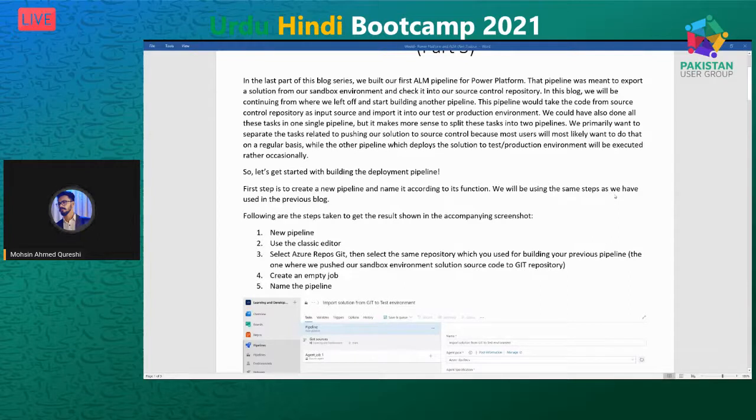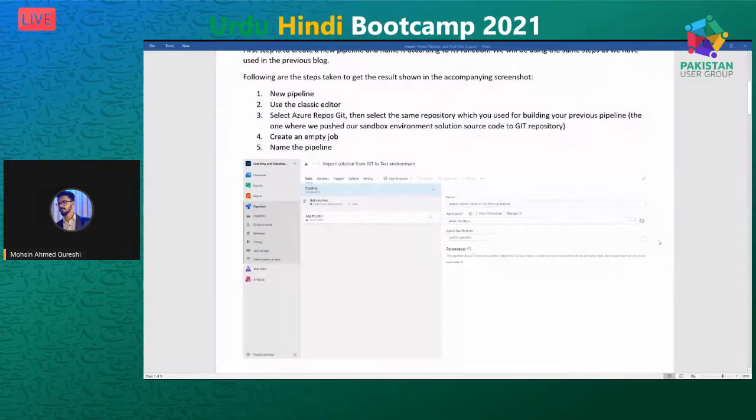So now we need to build another pipeline. The process remains the same as we did in the previous pipeline. This time the process will be a lot faster since we already know quite a lot of things from our first iteration of this process. Now you'll click on the pipelines button, you'll click on a new pipeline, and then you'll do the same steps over again. You'll use the classic editor once again, you'll use the Azure Git repos once again, and then you will create an empty job, and then you name the pipeline accordingly. Now this time, what this pipeline wants to achieve is that it wants to take the code files on your source control system, on your Git